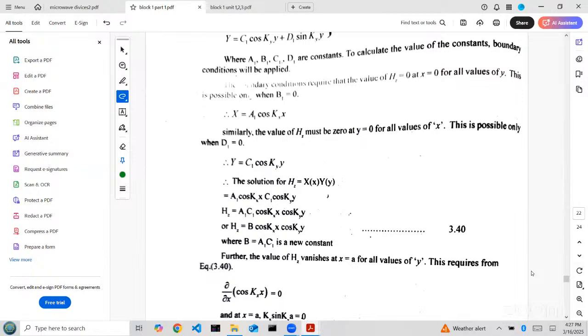3.40 కింద చూడండి. Below the 3.40 equation, here A and C is 0. We wrote B1 and D1. Here B and D are 0. We wrote A1, C1, which is writing as a new constant B. Okay. Again we are calculating m pi by A, n pi by B. That one is substituting where? In this 3.40. Again you will get equations, and now based on this, now we tell the field patterns, which